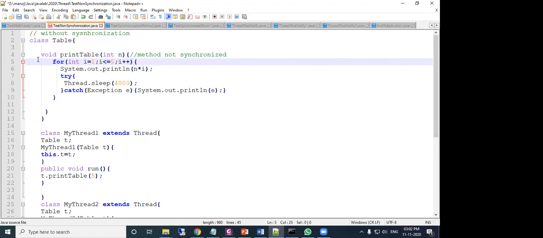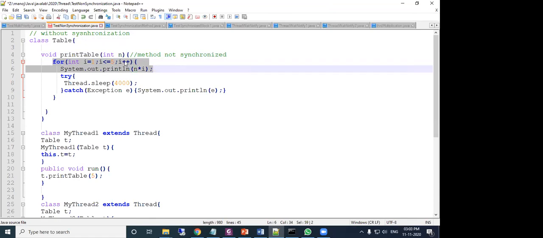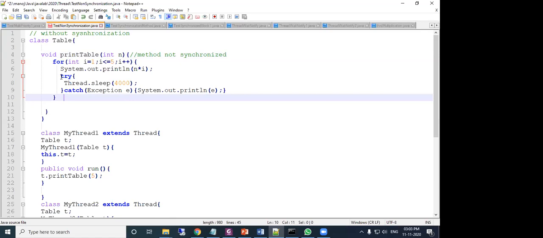So this is a loop which prints the multiplication table of n. Then in the try, I have used the Thread.sleep method. Thread is the class, and sleep is a public method we can use. This is to pause the current thread.